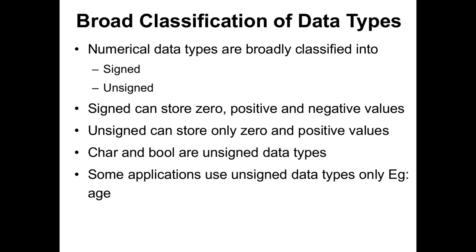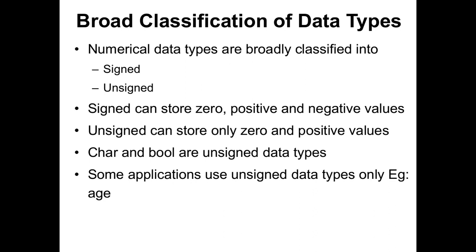When you look at the storage, it can only hold ones and zeros, and when you look at the numerical data type, it can be either signed or unsigned. Signed means you can provide a sign for it, either a positive sign or a negative sign. How it is indicated internally is by one of the bits. One bit, whose full form is binary digit, can hold either a value of 0 or 1. A collection of bits is called a byte.